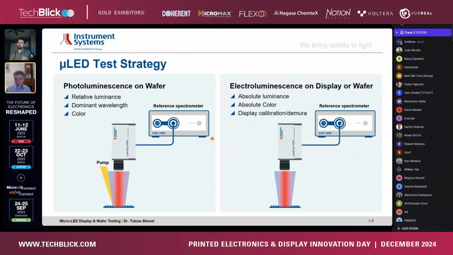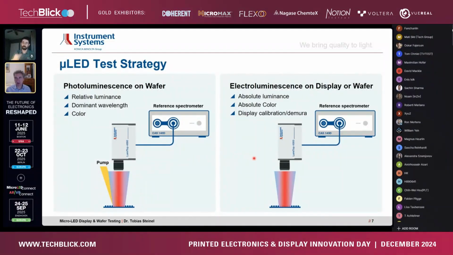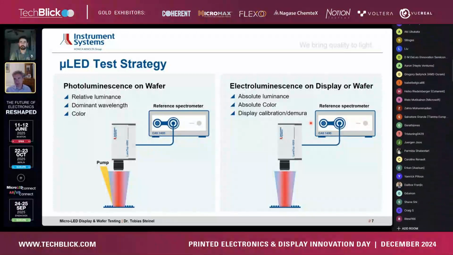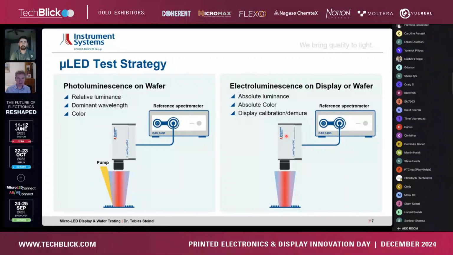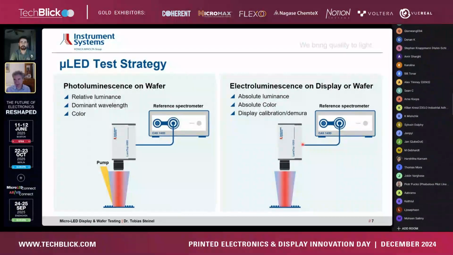Some companies do electroluminescence there. Others do this only on the display or also on the wafer. So in any case, we do have the camera and the spectrometer to look at it, be it photoluminescence or electroluminescence on the wafer or display. And the advantage of doing electroluminescence on the display, of course, is that the